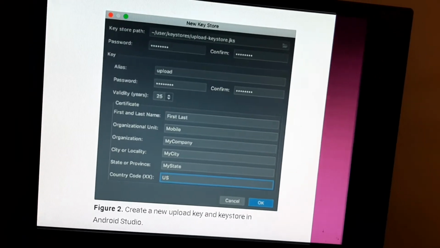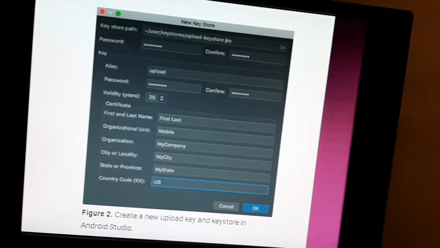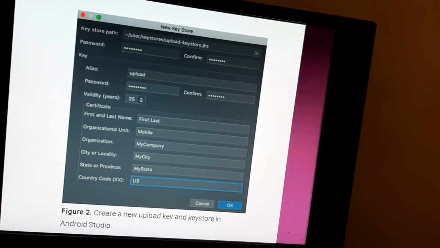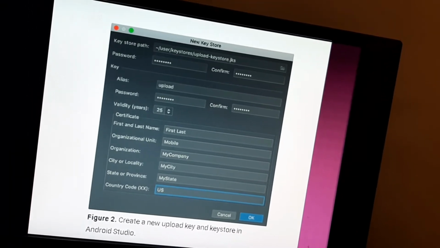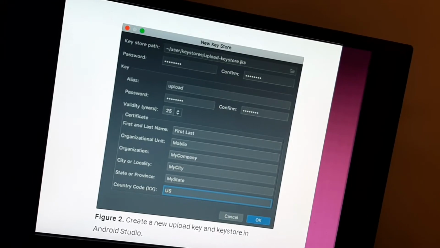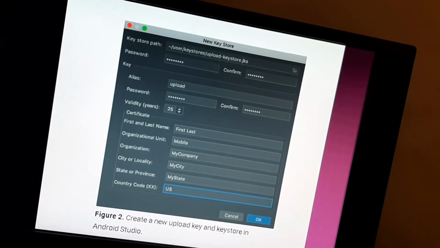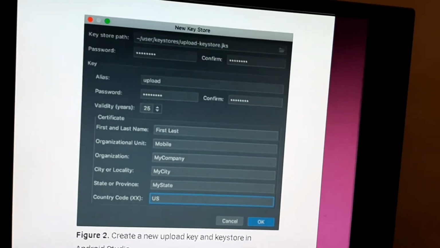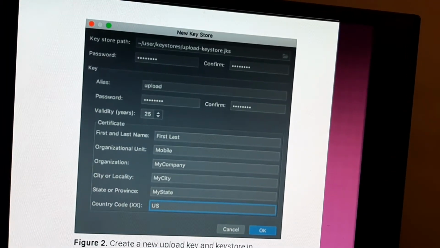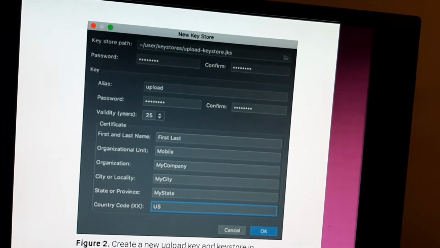If you would like to build and sign your app with your upload key, continue to the section on how to sign your app with the upload key and then generate. If you want to only generate the key and keystore, click Cancel.